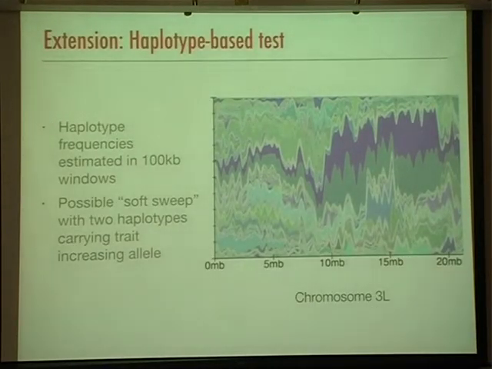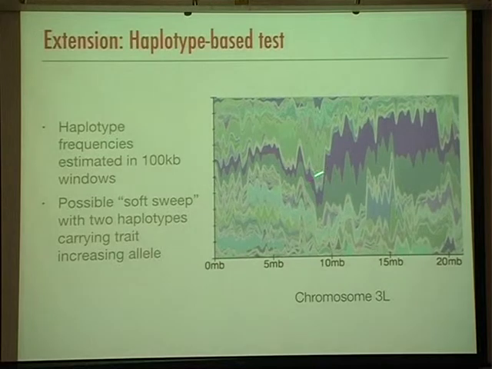This is a plot of the haplotype frequencies where we now have stacked up the 100 colors for the 162 founder haplotypes, and we're looking across a single chromosome arm, and we can see regions where these two founder haplotypes have increased in frequency rather dramatically over a very large window,